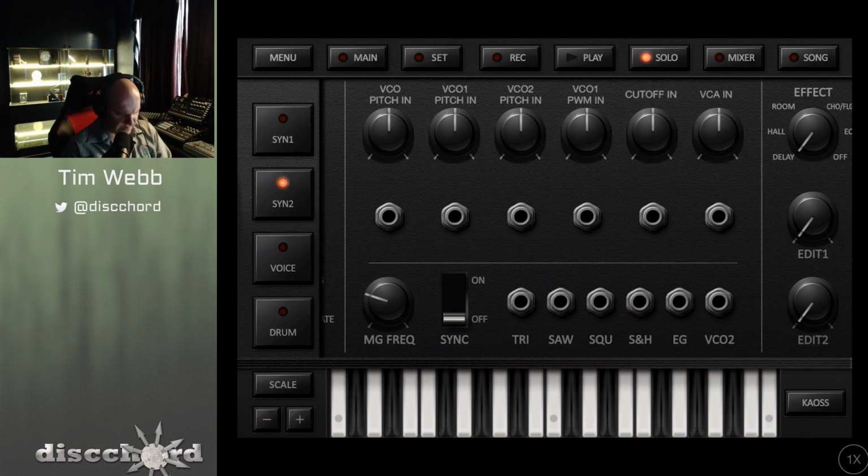Oh, no, it didn't. So why did it take the patch cable away? Who knows? Oh, well. You may have noticed before when I was adding a cable to the pulse width modulator,